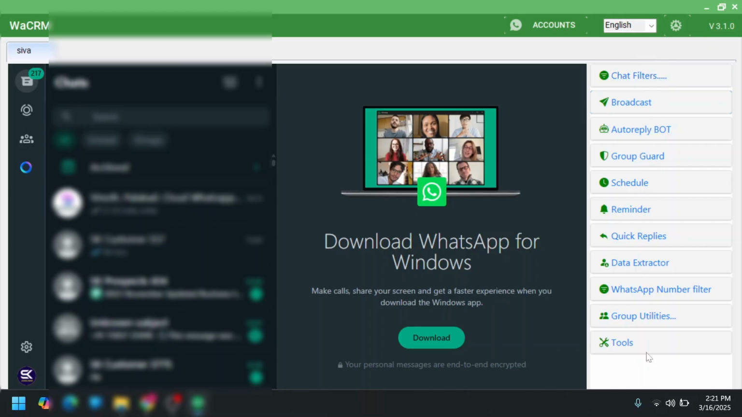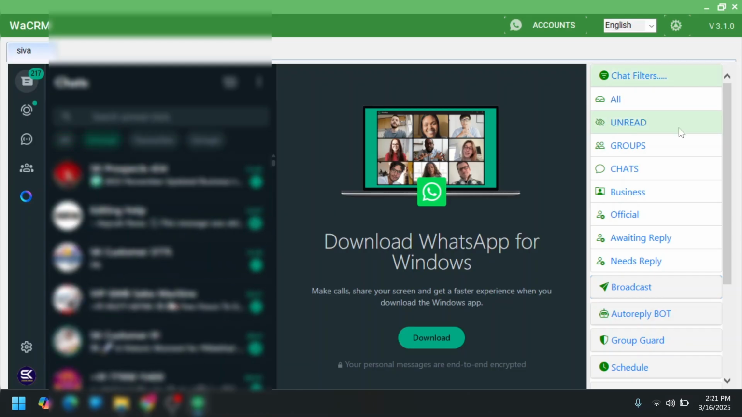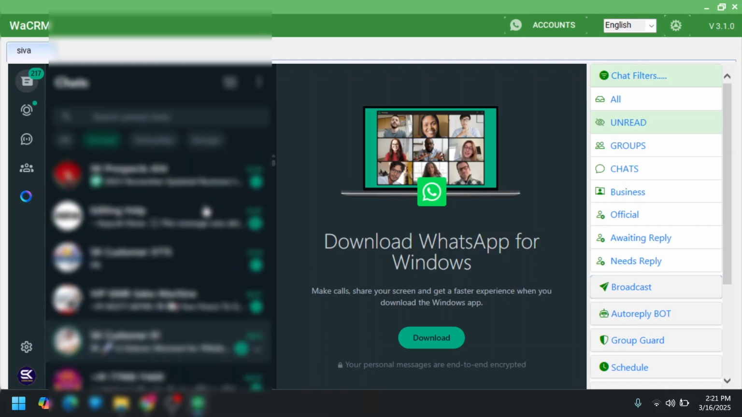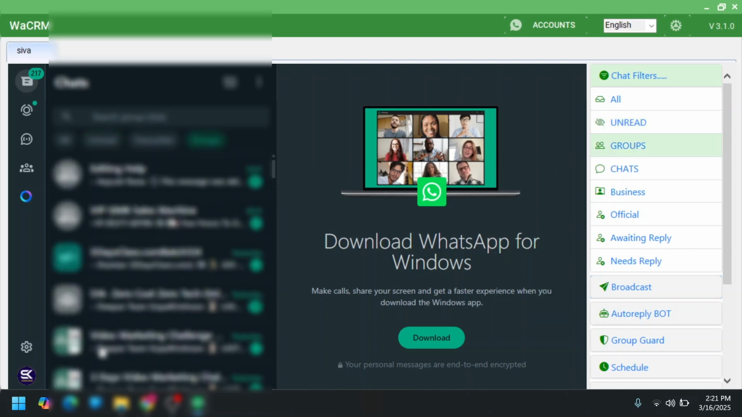So there are different options. We will see one by one. First one is chat filter. So you can easily filter the chats with just one click. For example, if you want to see all the chats, you can select all. If you want to select unread, you just click this and all the unread messages will be shown. Then if you want to see only groups, you can click this and only the groups will be filtered and